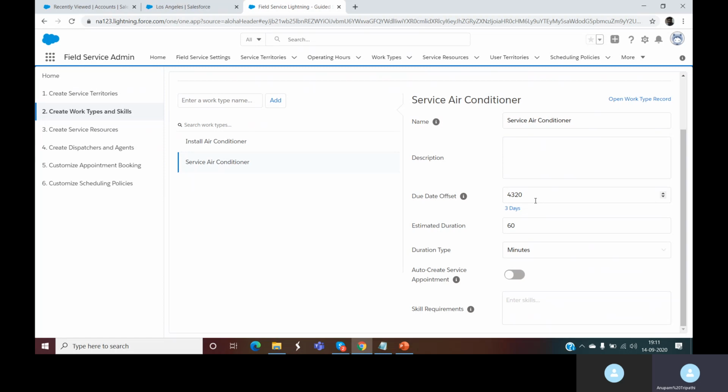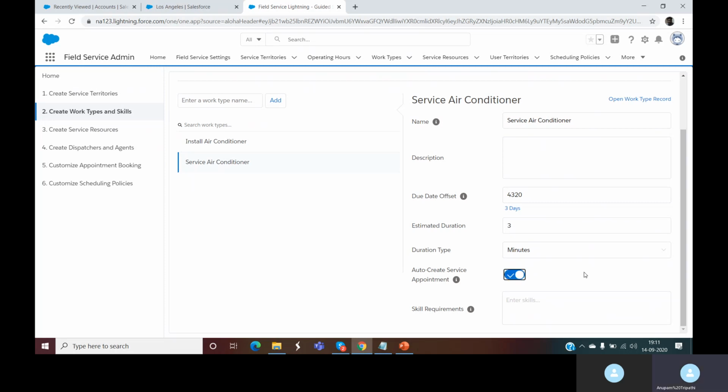The same set of fields you will get. So 3 days of offset is added. Estimated duration is 60. That comes by default, but it calculates in minutes, so I want to change it into hours, and I will add it as 3. Service may take around 3 hours.